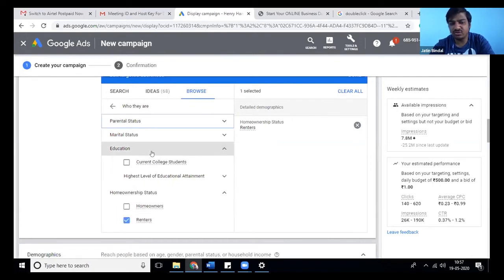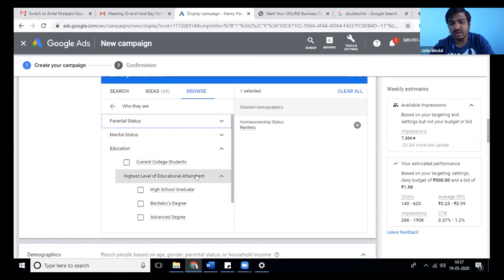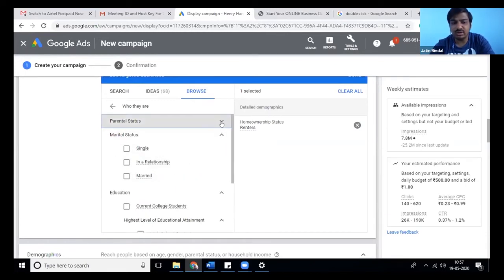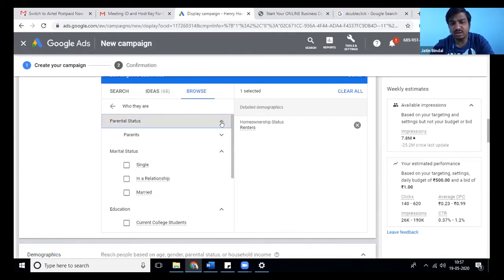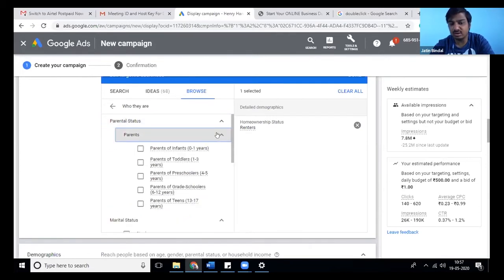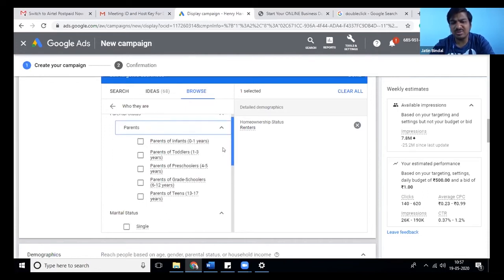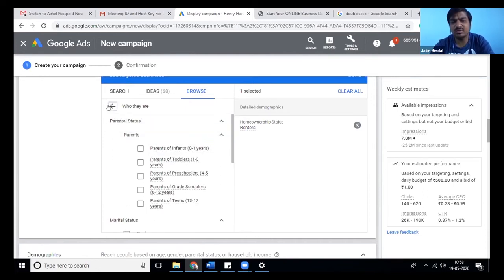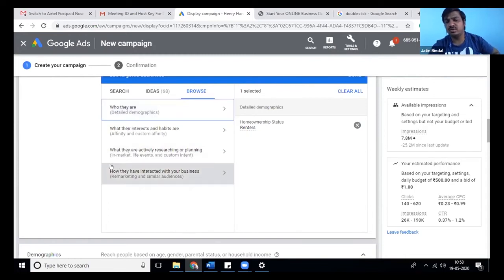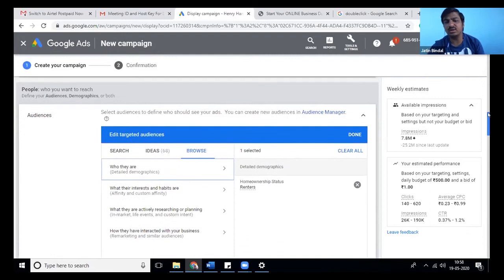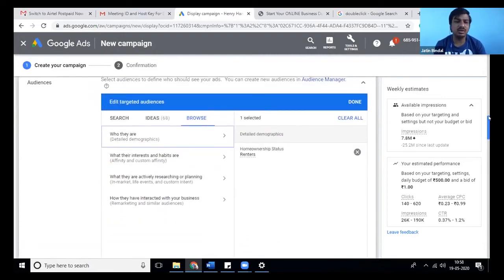Second is education level, you can target. Then their marital status and their parental status. Okay, these are the new additions which happened in the last 6 months, which you can target. So this is the fifth category, which again has 3 or 4 subcategories under it.